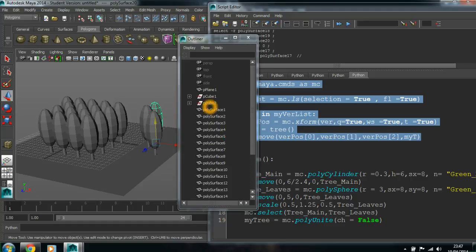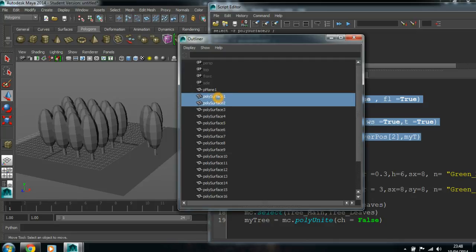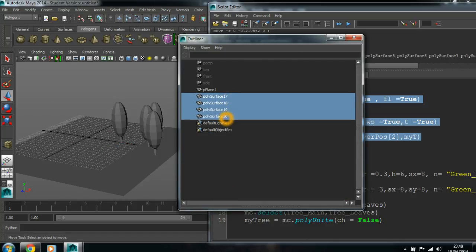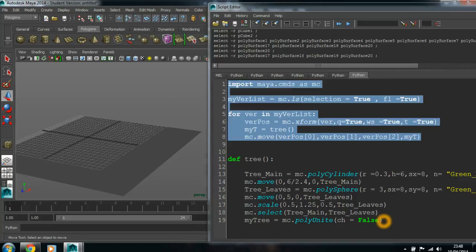It's united everything, but what is this? This is nothing. Polysurface 1, polysurface 2. Oh, no way I want all those things. I told you that we need to give a good name. So I'll just delete all this polysurface. How can it be done? It's very simple. Okay, once it's done,